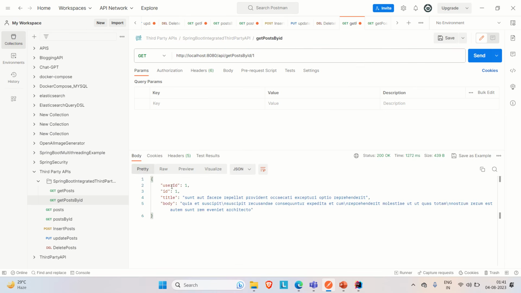And here we go, we are able to fetch the user id, or the one record. Okay, so it's working fine as well. Similarly, we have to implement the insert, update and delete. So let me try to go to the